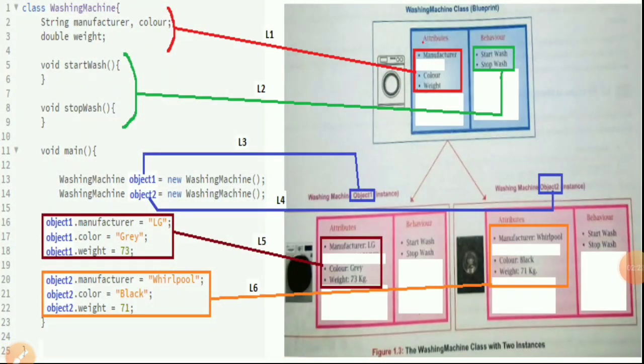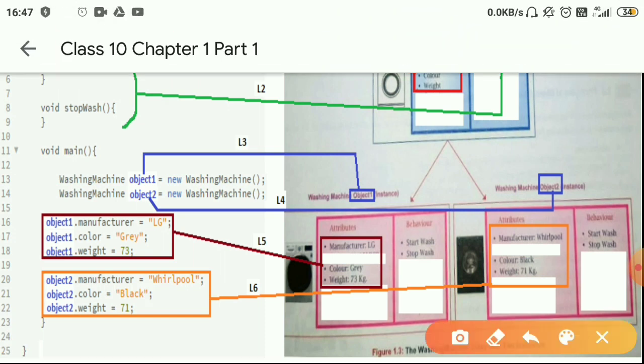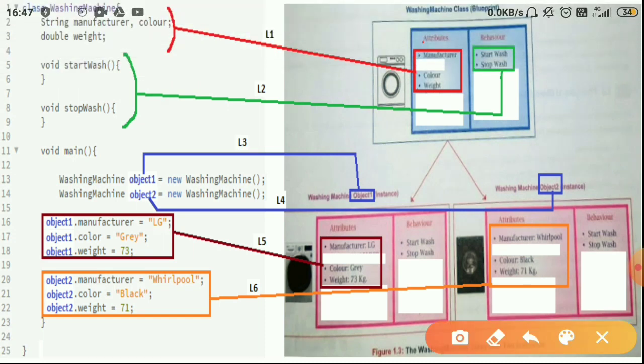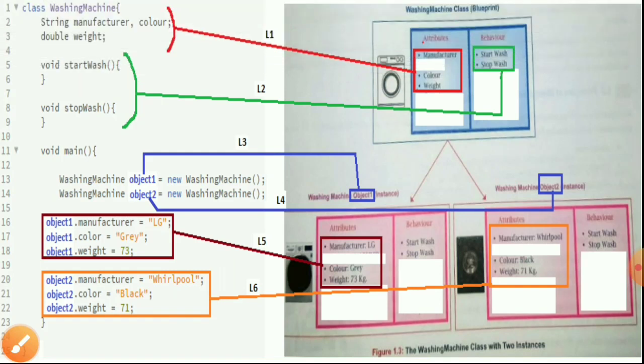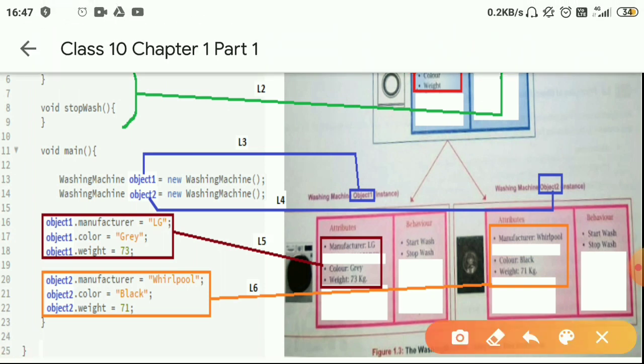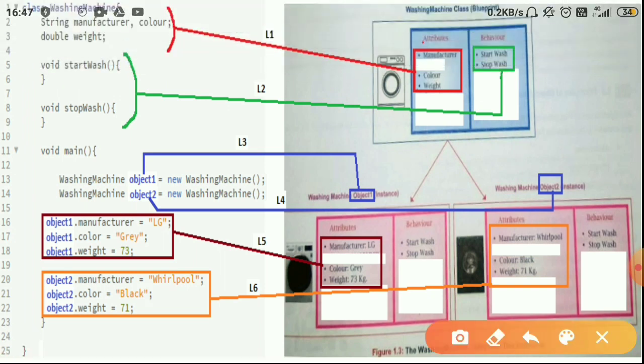So students, see the first line here, line number 1. Class washing machine. The class name is washing machine. You can see that I have chosen 3 attributes, that is manufacturer, color, and weight.